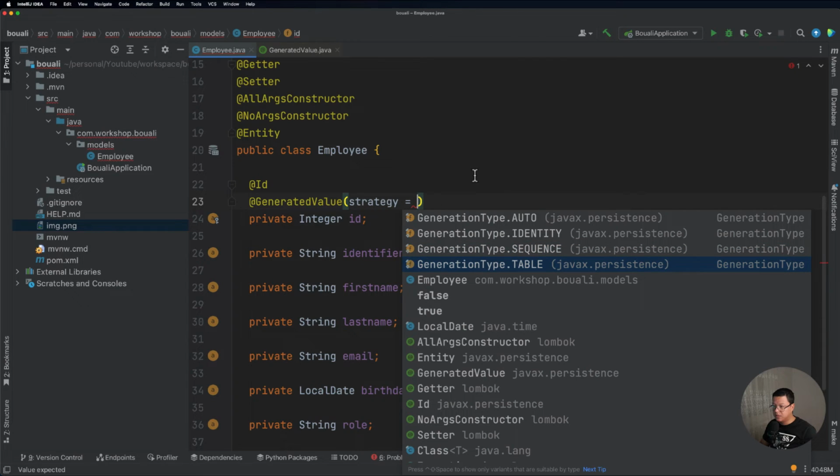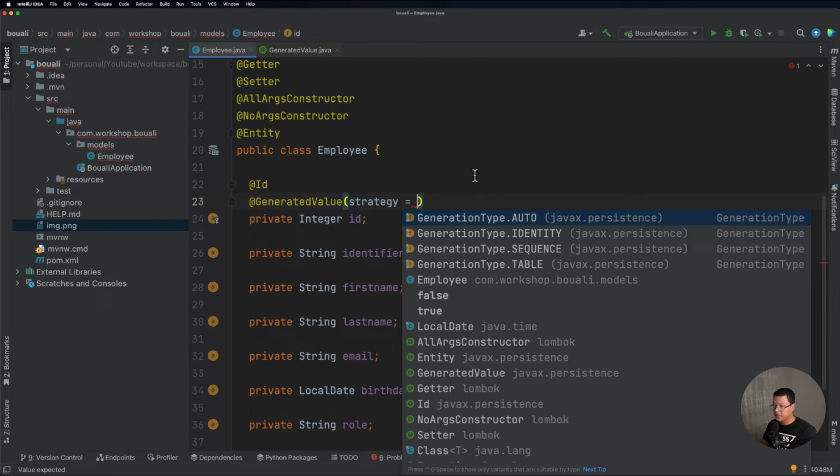The next one is GenerationType.TABLE. As I mentioned, Hibernate will create an extra table within our database, and this table will contain one column, which is the next value, and every time it will query this table to get the next value and also update it. So this table cannot be updated by us, and it's always in read-only mode. So what I always suggest is to make it always AUTO and let Hibernate choose the best strategy for you.